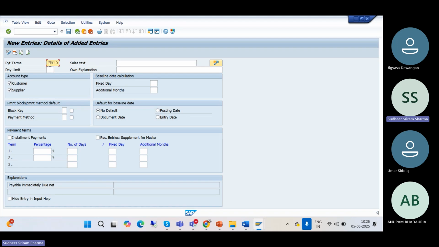Name, putting one name, and we are defining one thing, and I have to give how many days we are giving terms of payment. You have to mention over here. I am allowing, like I said, the vendor has given 30 days of credit period. Okay. If you see here,